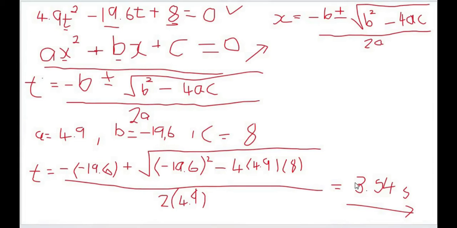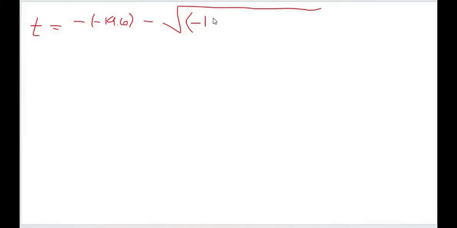Right? So we need to check the second solution. For the second solution, we do the same thing. We say t is going to be equal to negative b, so that's negative, then you open a bracket, you say negative 19.6. And previously we had a plus there, so now we say the negative. Then you open a square root, then you say b squared, it's going to be negative 19.6, all of which is squared,